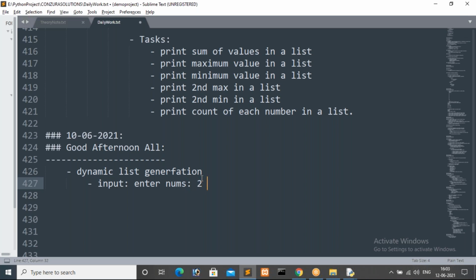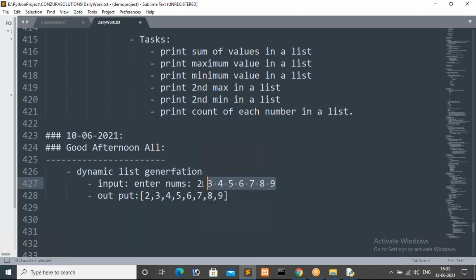So here I'm giving something like this. Enter a number, in the sense we are going to read it with the input method. We will use the input method to get these values. For that we have a special method, guys, I will show you. Then I want to print the output in a proper list. Actually we are reading a string. 2 comma 3 comma 4 comma 5 comma 6 comma 7 comma 8 comma 9. I want to print this one.